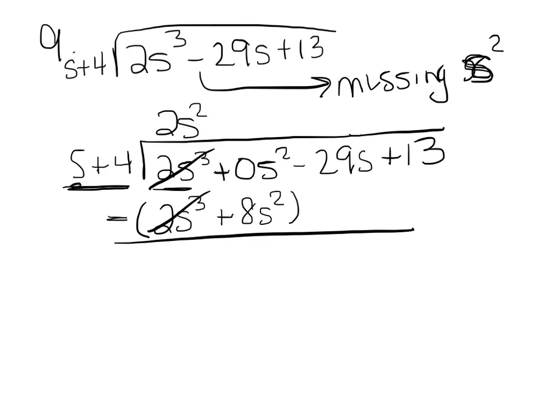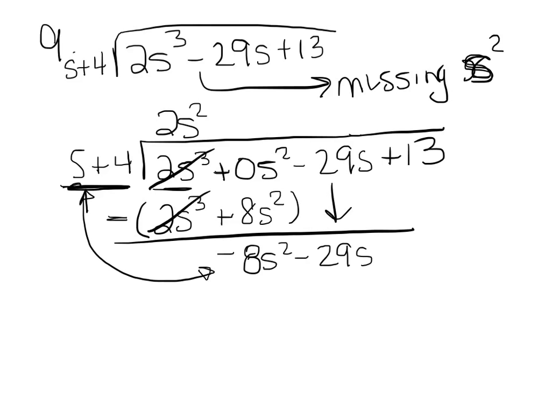minus, and this could have been a plus or a minus 0. It doesn't matter when it's 0. But I have 0 minus 8s squared, so it's a negative 8s squared. When I subtract that, I'm going to bring down the minus 29s. And now I'm going to look back to this s plus 4 and compare that to the negative 8s squared and decide I need a minus 8s at the top, so that when I multiply this times all of this, I'll get a match here. Minus 8s squared matches this above. And then it's going to be minus